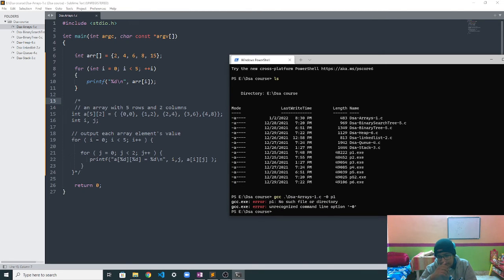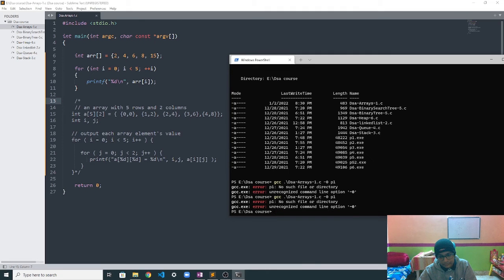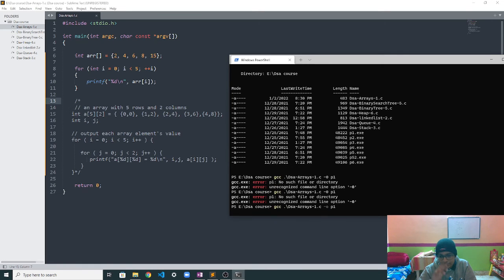No such file or, oh wait a second, which is DSA p1.exe. Wait a second, is it O or 0? Yes, it's O. Sorry for the silly mistake.